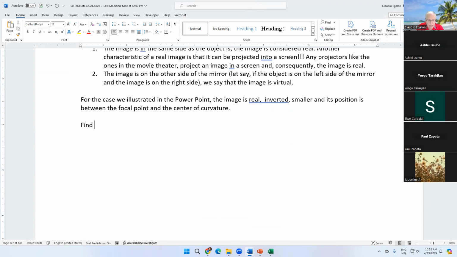So find the distance of an image for the following conditions. Consider, here you go, example. Consider a mirror of focal distance f. Distance f. Find the distance of an image of an object